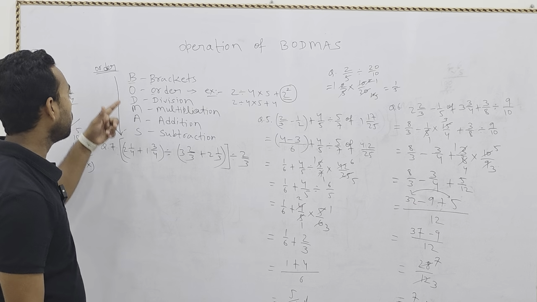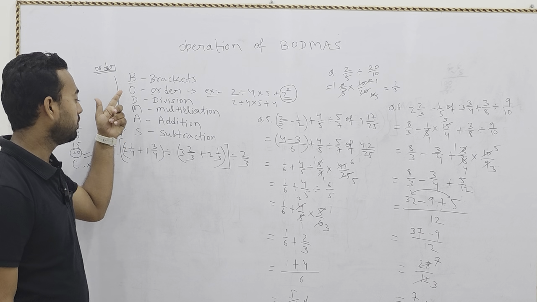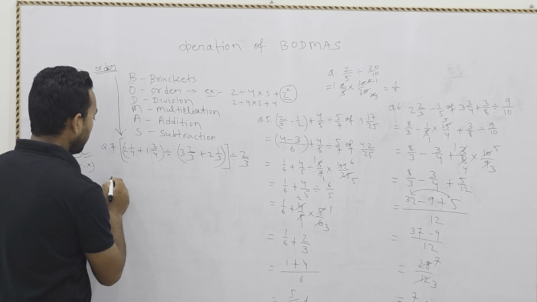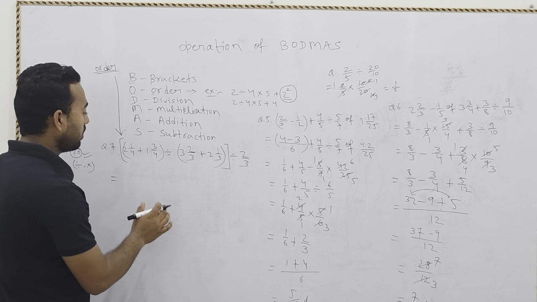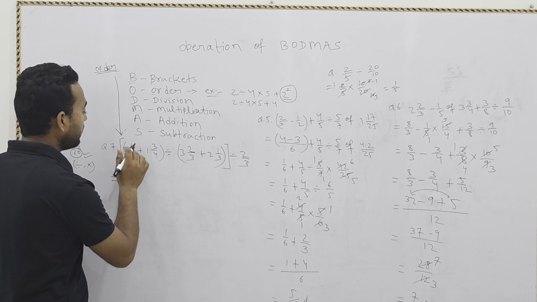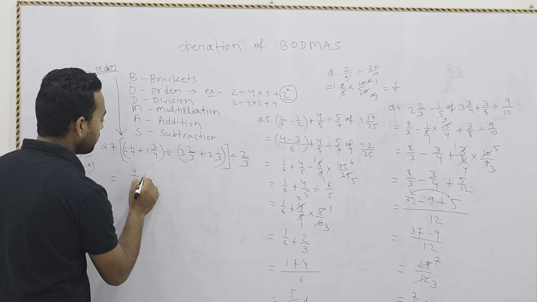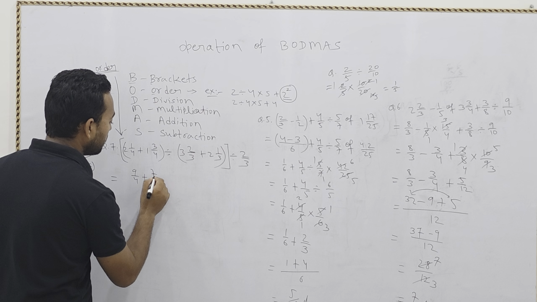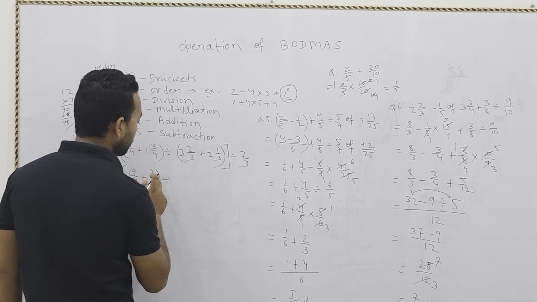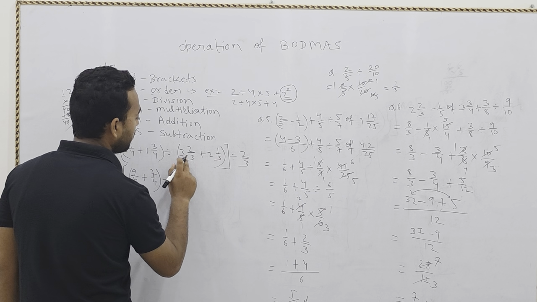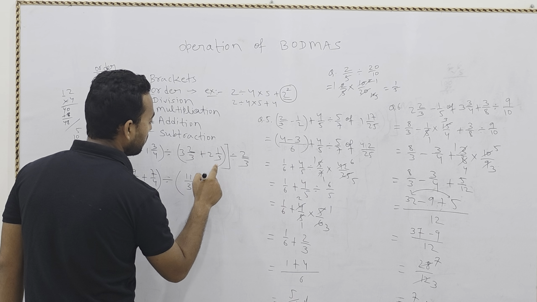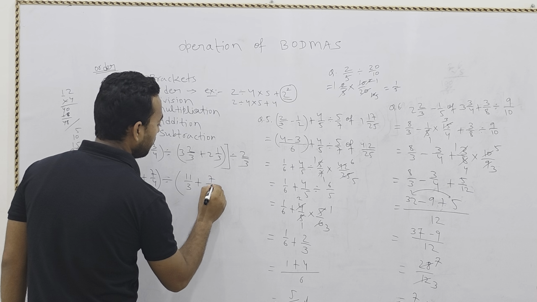First again according to this operation of BODMAS we will solve this type of question. First bracket, so first we will solve this bracket portion and rest of the question we will write as it is. Now you can see here it is in mixed fraction. First we will convert into fraction. 4 2 is 8, 8 plus 1, 9 by 4 plus 4 1 is 4, 4 plus 3, 7 by 4. Here bracket close. Now here next 3 3 is 9, 9 plus 2, 11 by 3 plus 3 2 is 6, plus 1, 7 by 3,